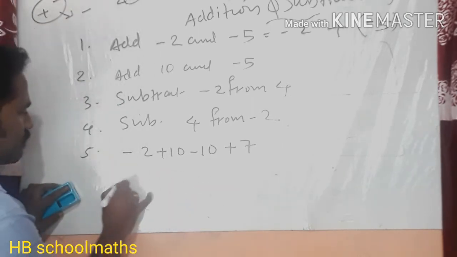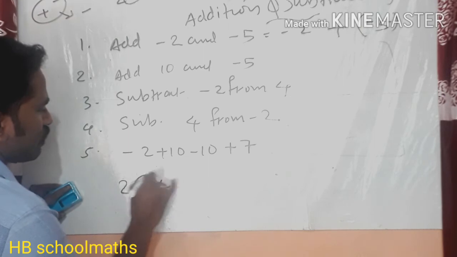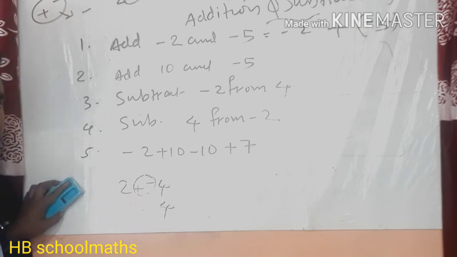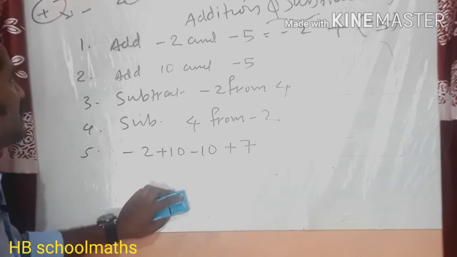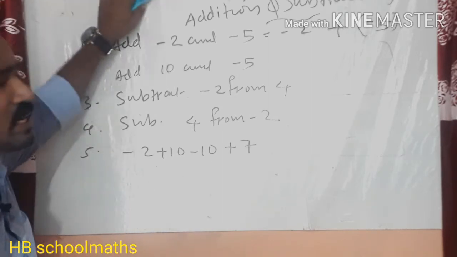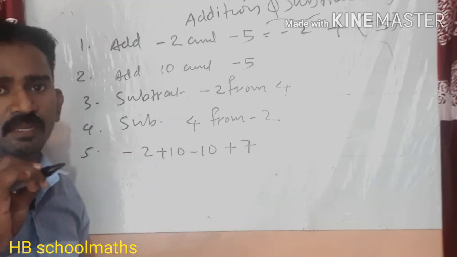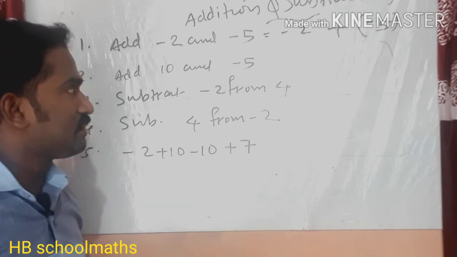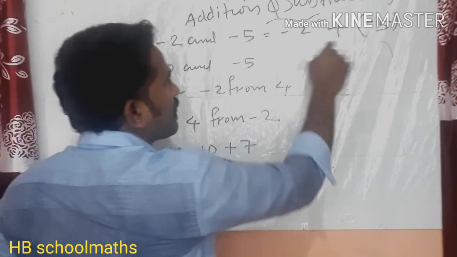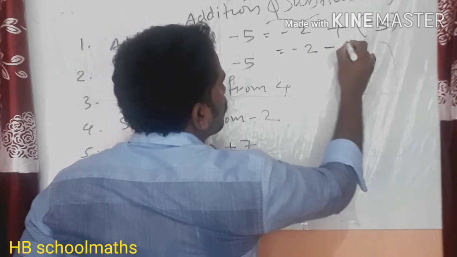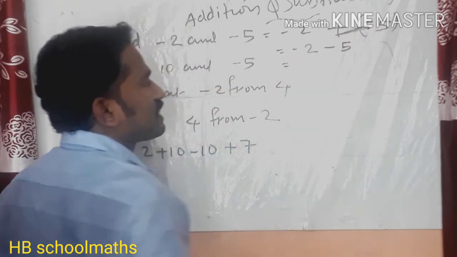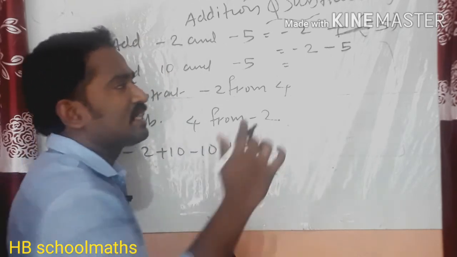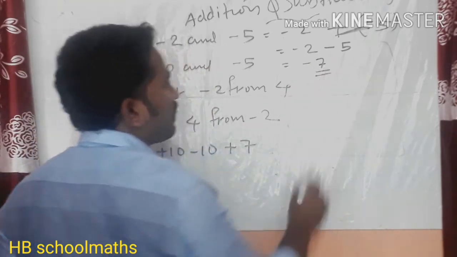Different sign: see, 2 plus -4, here you should write 2 minus 4, and the answer -2 will come last. So when two different signs are near, minus sign you give; same signs near, that means minus and minus near, put a plus sign between them. So here -2 plus -5, next step -2 -5, because different signs are near. Now same sign or different sign? -2 -5, same sign, add them, answer is -7.